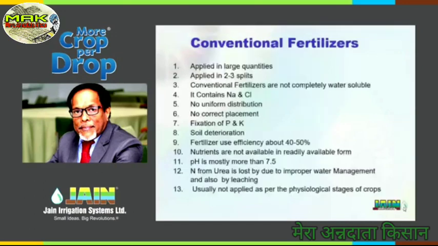For this discussion, we call them conventional fertilizers, because I'm going to talk about something else later, which is not so conventional. Usually we apply 2 or 3 splits during the crop life cycle. When we apply, we apply large quantities like 50 kg, or in the farmer's language 2 bags, which is 100 kg. And these are not completely water soluble. Usually fertilizer is applied, then irrigation follows to make the fertilizer dissolve in water and ionize into minerals in the plant-absorbable form.